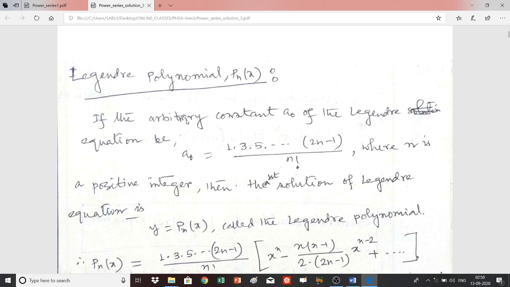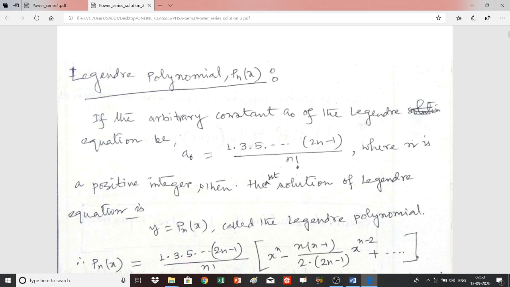If you consider that the arbitrary constant a0 is written as 1 into 3 into 5, that is, the last term of the series will be 2n minus 1, so it ends with 2n minus 1 by factorial n, where n is a positive integer,